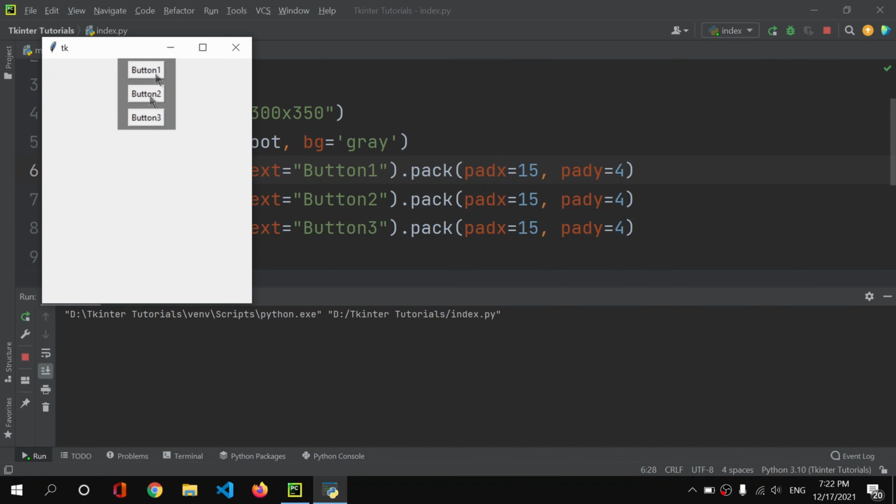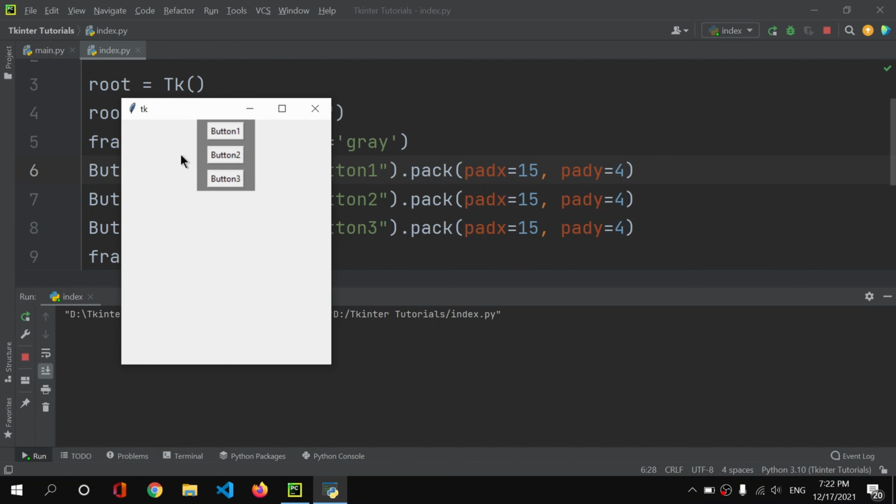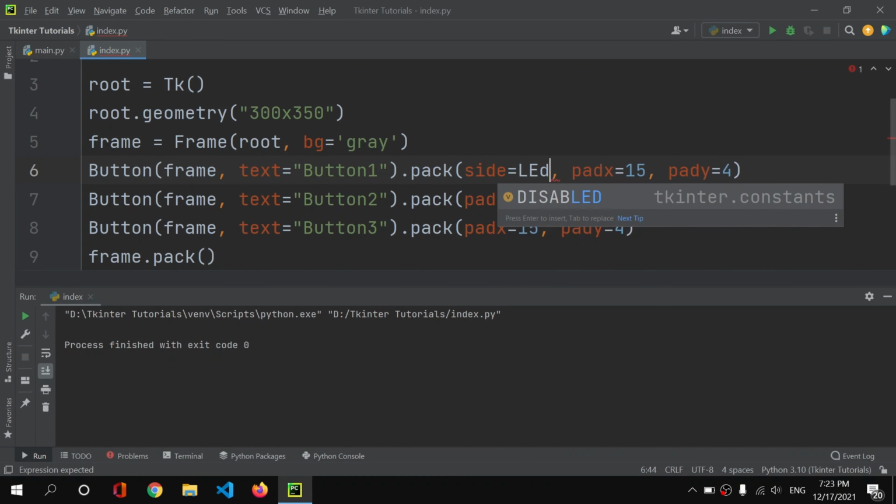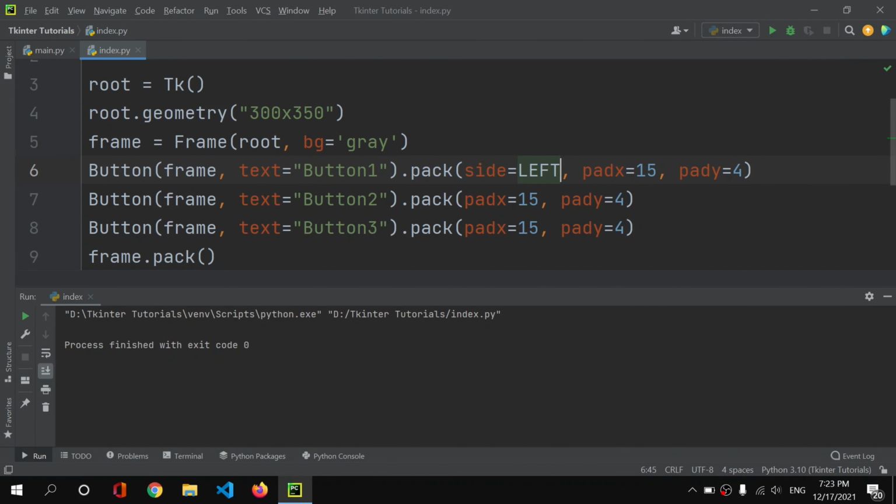So now as you can see we have 3 buttons vertically, but what if I want them to be horizontally aligned? For that, I can use the side property which we just learned in my previous video. I will simply use side to be, let's say, left. I want this aligned to the left, so I will use left here.